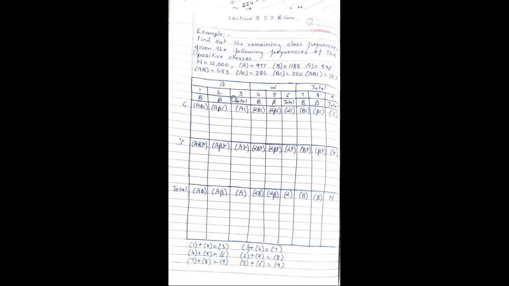First of all, make 3 columns: A, alpha, total. In A again make 3 columns 1, 2, 3. In alpha make 3 columns 4, 5, 6. In total also we have to make 3 columns 7, 8, 9. We will number the columns as 1, 2, 3, 4, 5, 6, 7, 8, 9. So this is the second step.